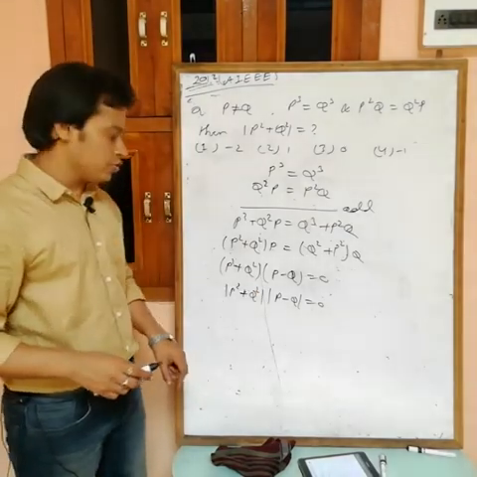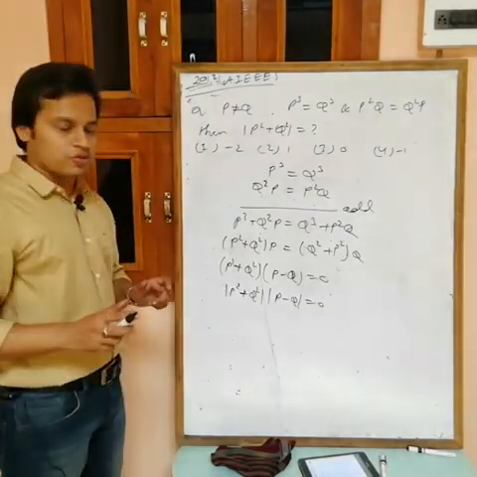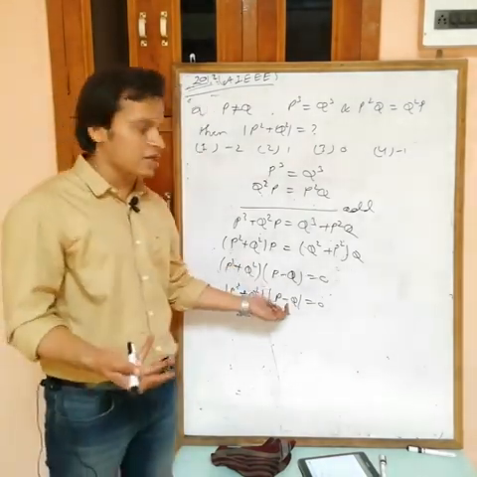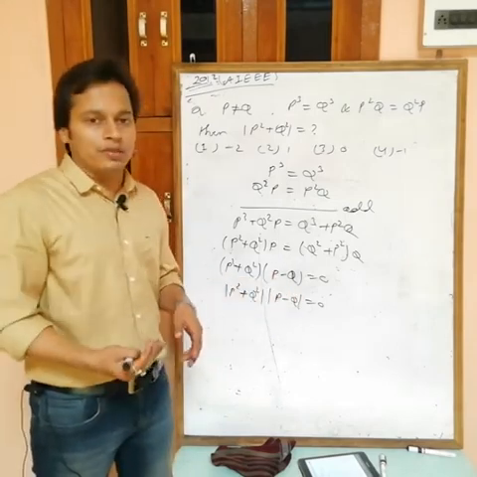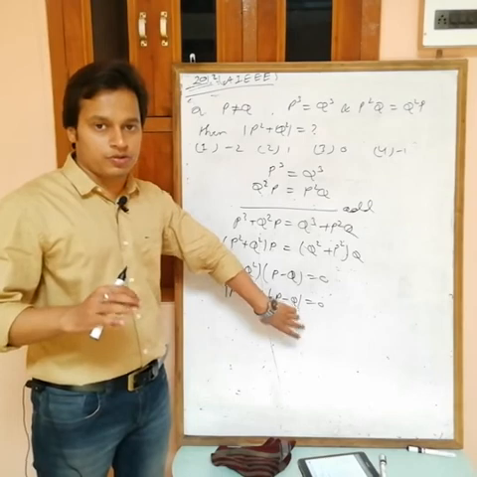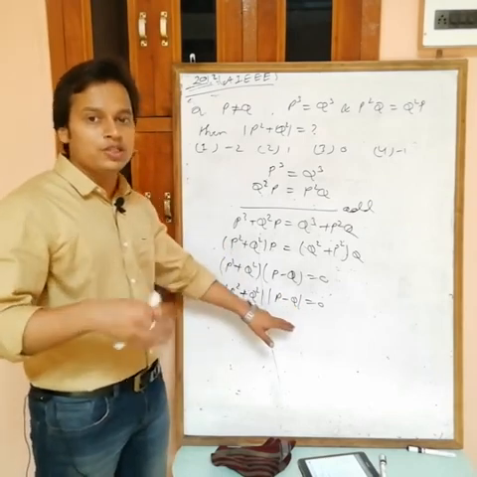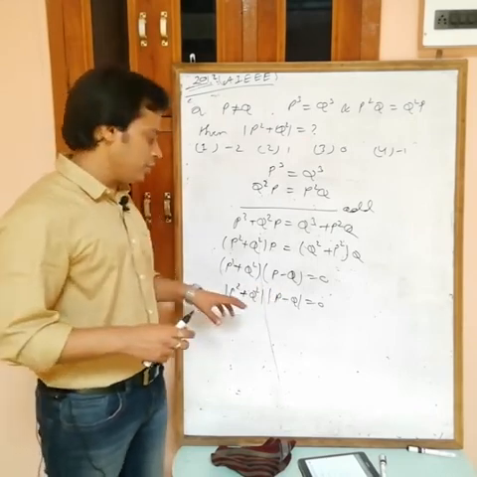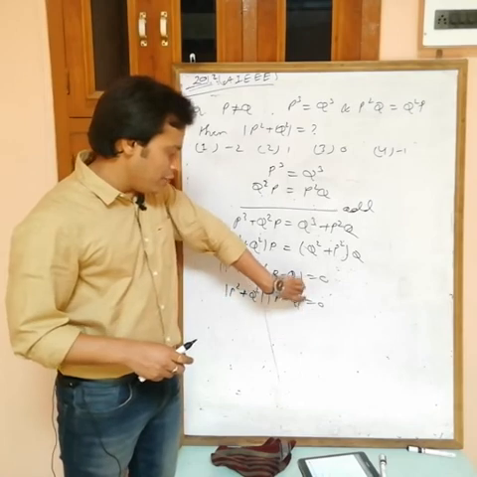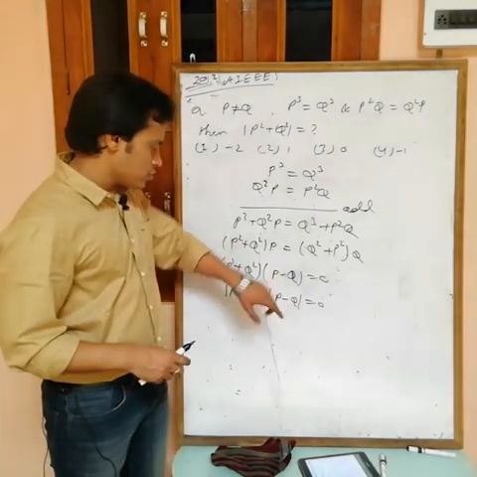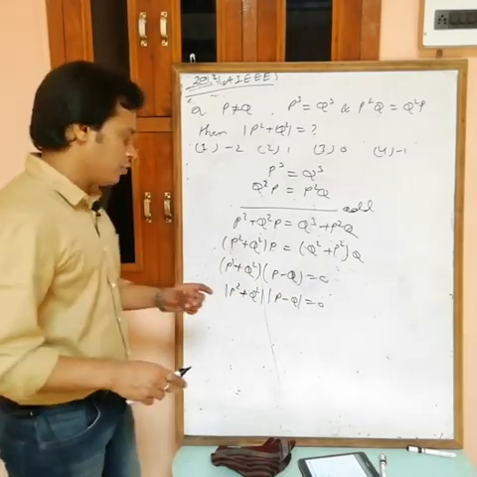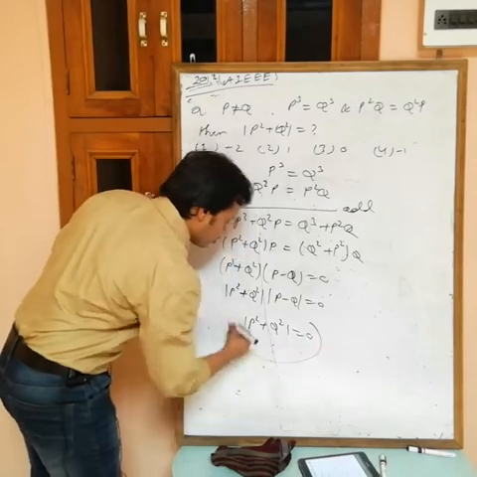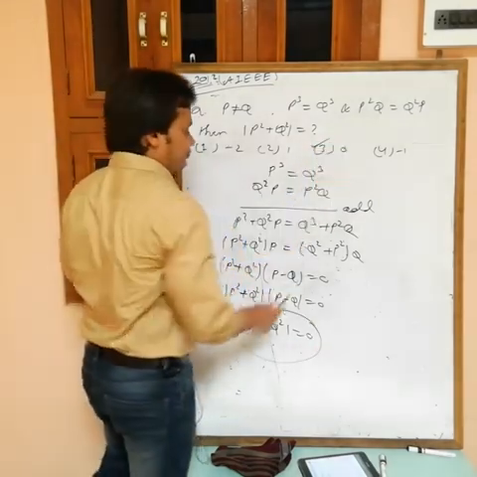Determinant of P square plus Q square. At least one must be equals to 0. If P minus Q is a null matrix, then it is possible that its determinant is also equals to 0. But if P minus Q is not a null matrix, then how can we say that definitely this one is equals to 0? We can't say. This may be 0, may not be, doesn't matter, but this must be 0. If you take any example, you will get that P square plus Q square has determinant equals to 0. Third one.